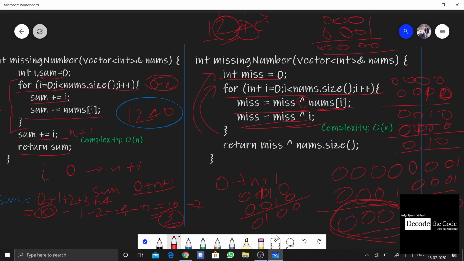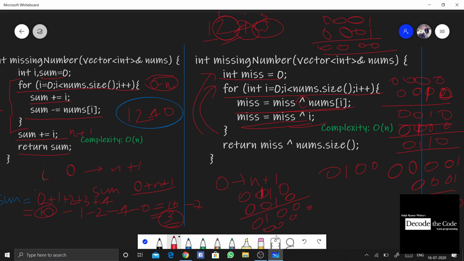So I has a value of 3 right now, and the element at index 3 is 0. You can XOR I first, or you can XOR nums of I first, it's up to you. So let's XOR nums of I first. XORing 0 to this will result in nothing but the same value. Let me erase this because I'm short of space. After XORing the same 0, you will be left with the same 4, because whenever you XOR 0 with any number, you will get the same thing.